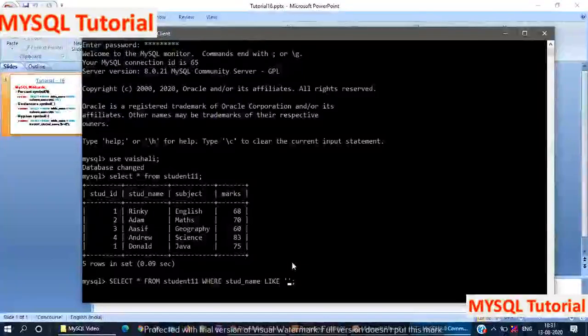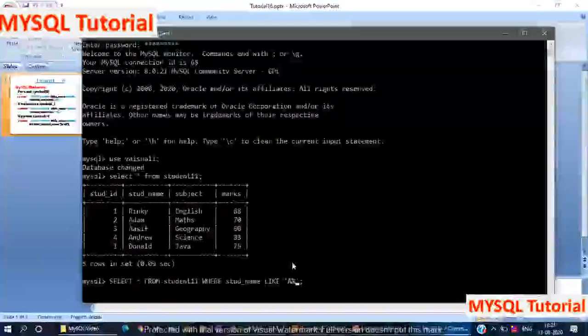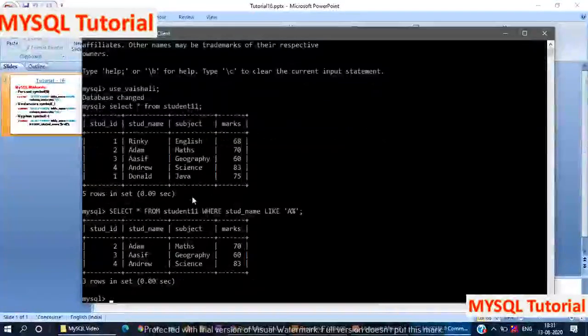Here I mention the alphabet A, then give the percent sign. You can see in the student table I have already inserted 5 records.